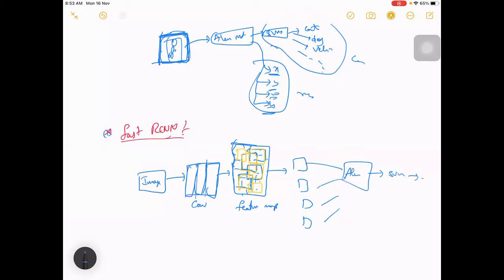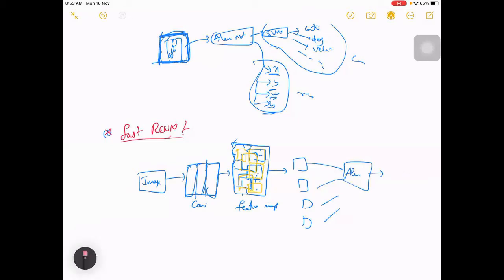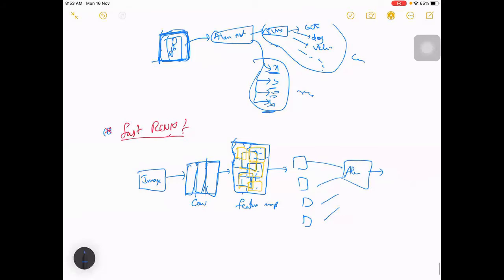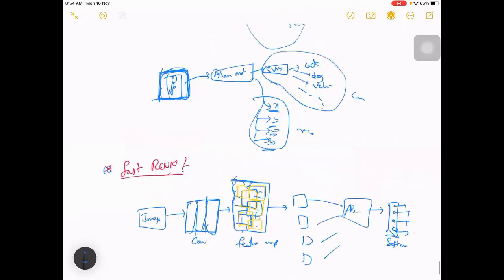So this is one improvement, and the second improvement is that instead of using an SVM here, they keep one softmax layer. How we usually do for image classification, right? You have as many outputs as there are classes, and these form your softmax layer. With that you don't have to train so many SVMs.